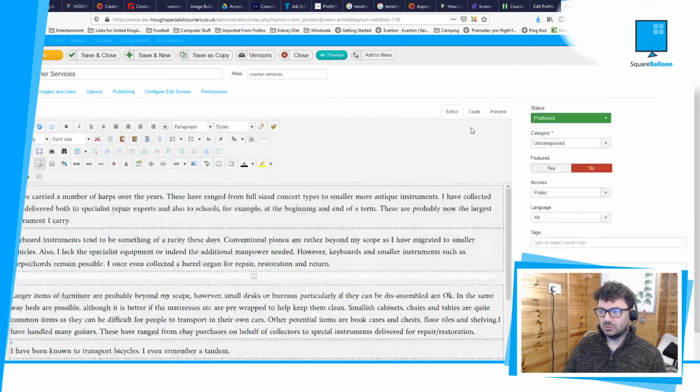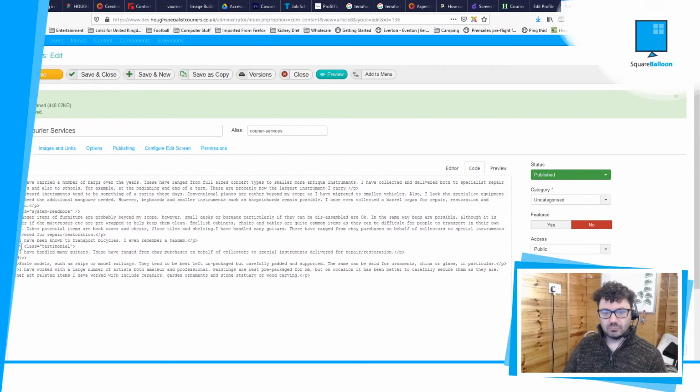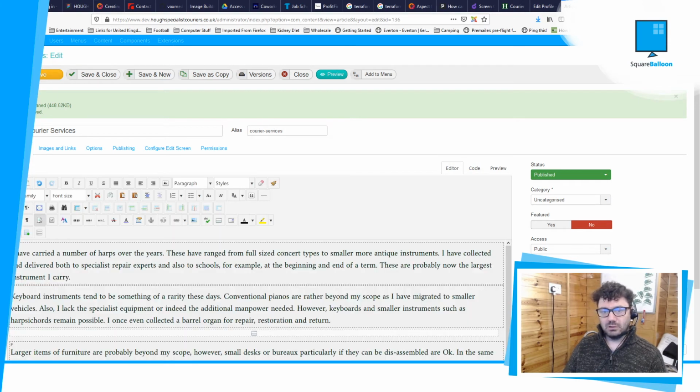So if I show you the code, and we're looking at this bit of the code here, and you can see it's got div and there's a class of testimonial, which is what we wanted. The p it's left inside it, which we're fine with, and it's closed the div for us as well, so that's nice. So now I save this,